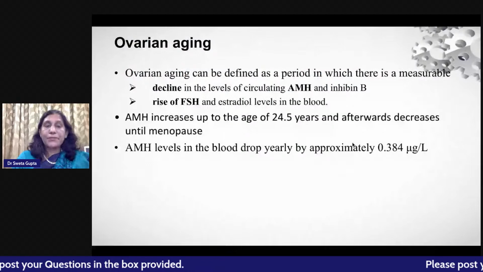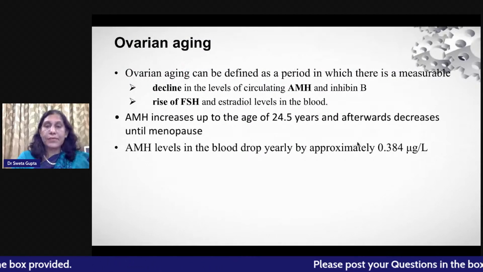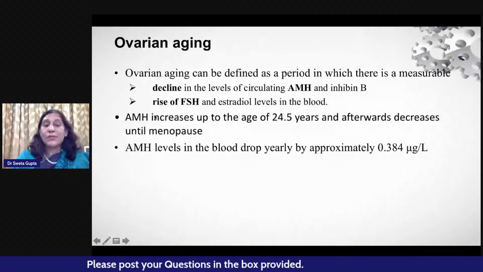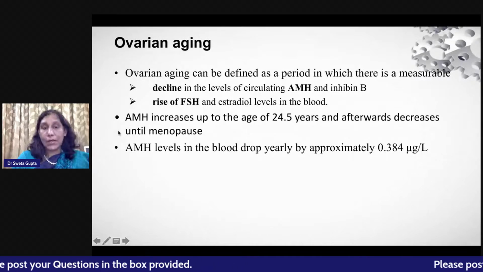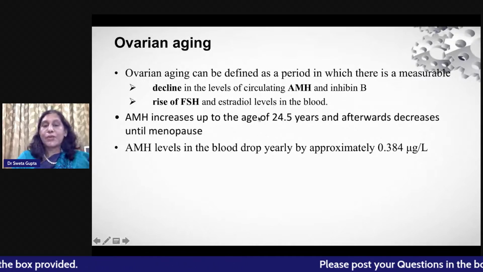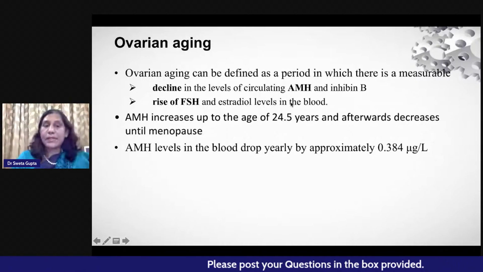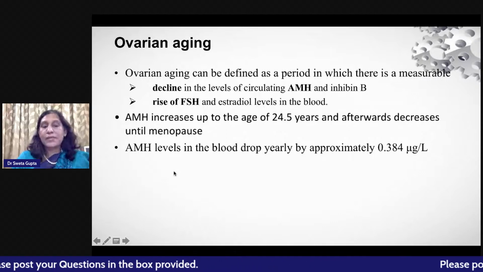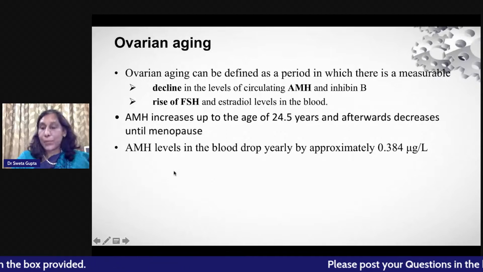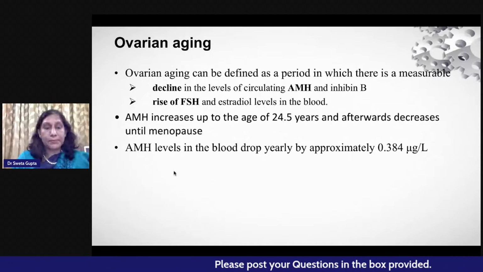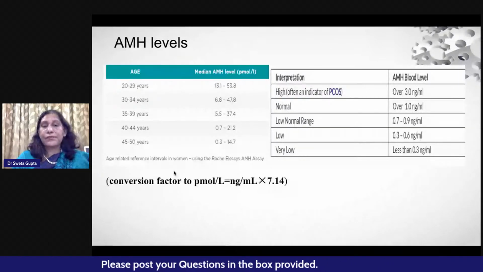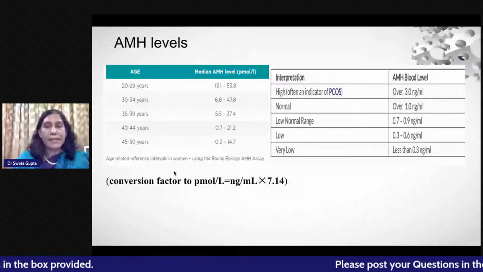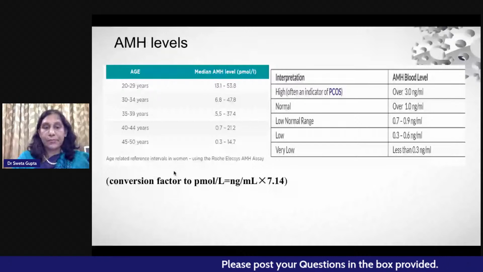Ovarian aging can be defined as a period in which there is a measurable decline in the level of circulating AMH, but also a rise of FSH and estradiol. AMH usually increases up to the age of 24 years and afterwards it decreases until menopause. In some studies, it has been seen that AMH levels in blood drop yearly by approximately 0.3 microgram per liter. So there are different ranges, different units, and charts for the exact age-specific AMH levels. But then there are other